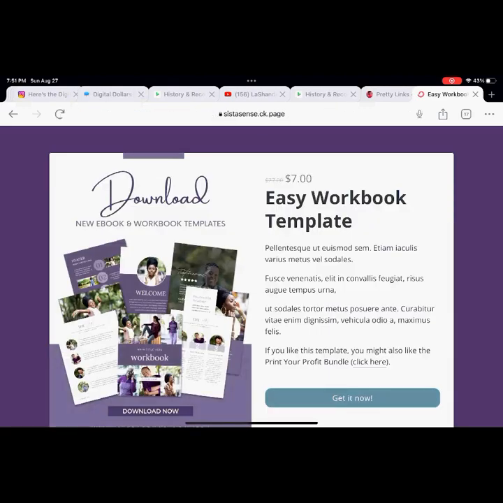sistasense.com/WBT7. So WBT7 is the workbook template $7. This is the example that I created and shared with you guys as part of our initial activity, correct? Yes. Now, remember I said to you the idea here is to use $7 offers to give people a taste of bigger offers that you have available.